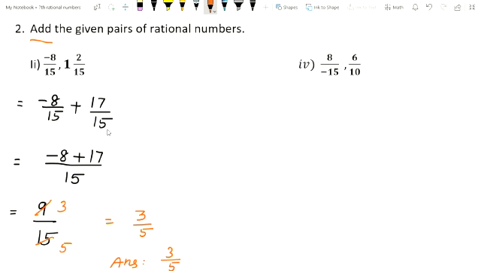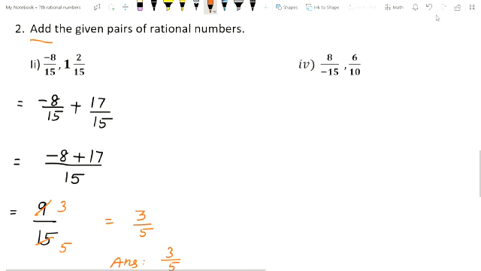Now you see the denominators. Here the denominators are the same. So the common denominator is 15. If denominators are the same, you write the numerator as it is. Okay. So minus 8 plus 17. Here the signs are different, so we have to subtract. Minus 8 plus 17, you are getting 9. Okay. So 9 by 15. Now divide by 3 because a common factor is there. That's why we are dividing. 3 3s are 9. 3 5s are 15. So what is the answer, children? 3 by 5 is the answer. Do you understand, children? Shall we move on to the next question?